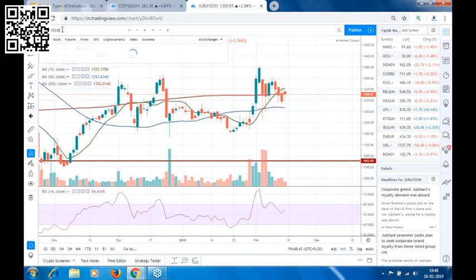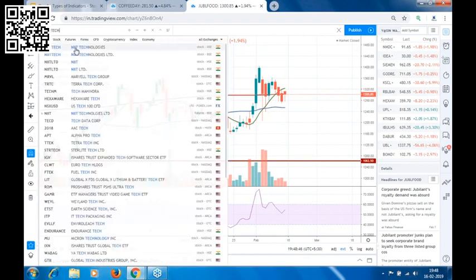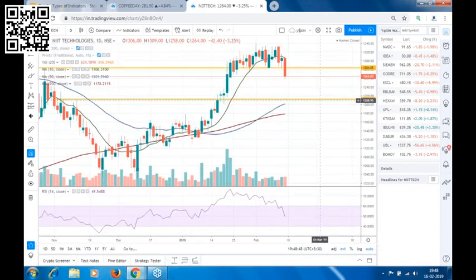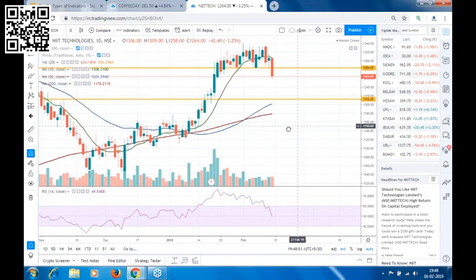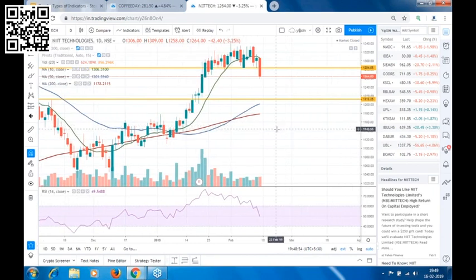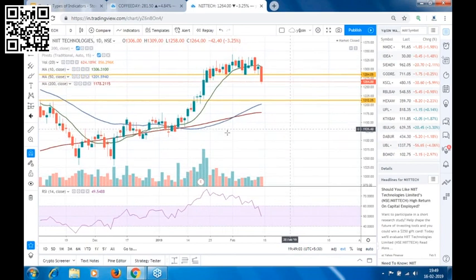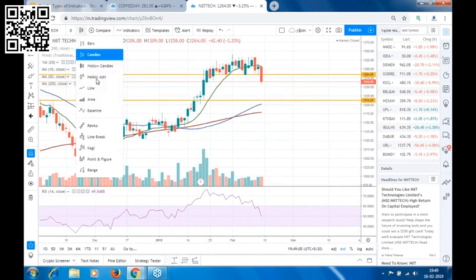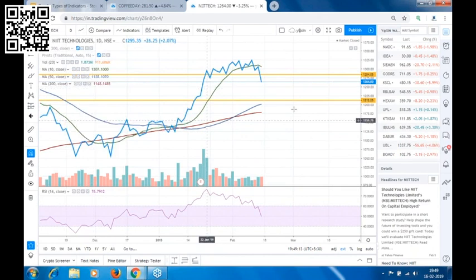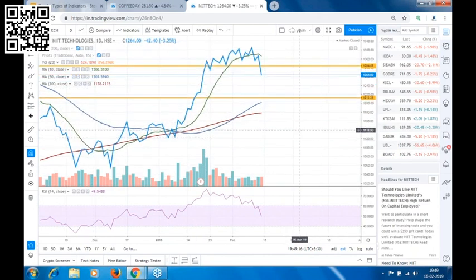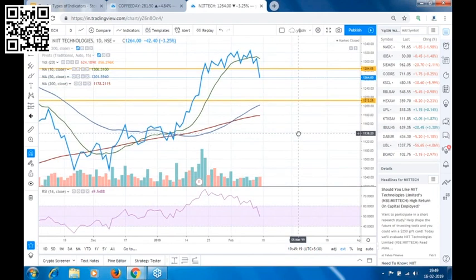Now one stock that I posted last night was NIIT Technology and Stockmaster. Now here we are looking at a shorting opportunity from the top using our technical setup. Now see, the stock is in an uptrend, right? And if we see the divergence in the stock, now if you want to see a divergence, you just need to change your chart from candlestick chart to your line chart, and we'll be looking at divergence at two places.